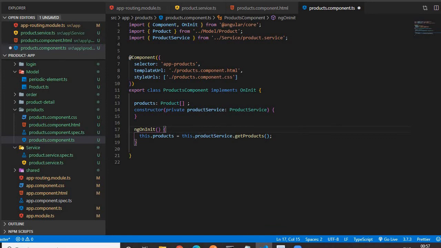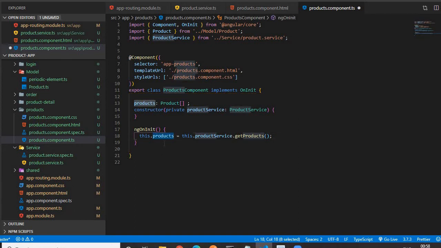Okay. So ngOnInit is a lifecycle method in Angular. It's a lifecycle method for all components. So each component has its own ngOnInit method. As the name suggests, in this lifecycle method, we usually initialize the class variables. So we have one class variable, product, and we initialize it within the ngOnInit function.